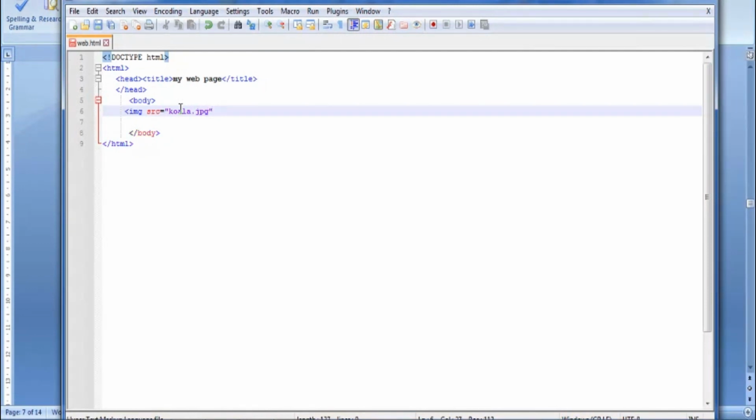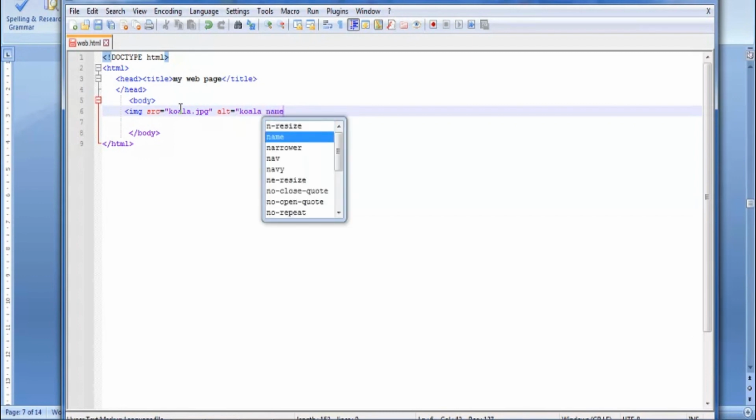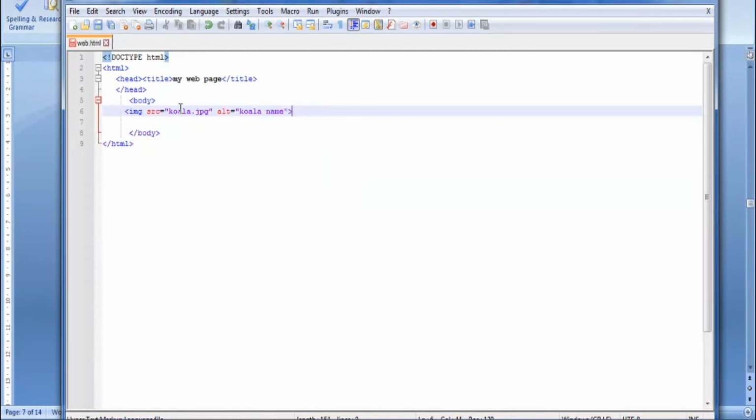The alt means alternative. If something is wrong in the source, then the alternative name you can mention here, some cola name, like that, and close the tag. Okay, so cola.jpg should be in the same folder where you saved this file, right? Otherwise it will give an error. It is called a relative address. Okay,